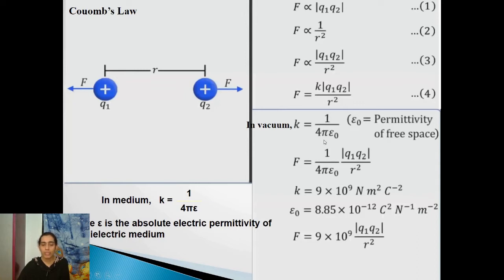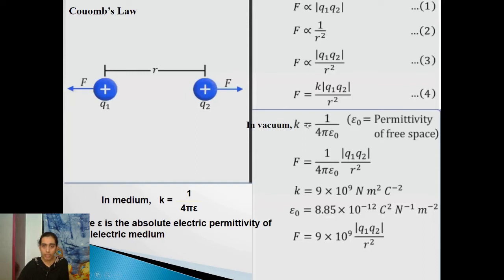The value of pi, you know, is 3.14, and this epsilon naught is called the permittivity of free space. Now if we substitute this value of K in equation number 4, then equation 4 becomes F equals 1 by 4 pi epsilon naught Q1 Q2 divided by r square,